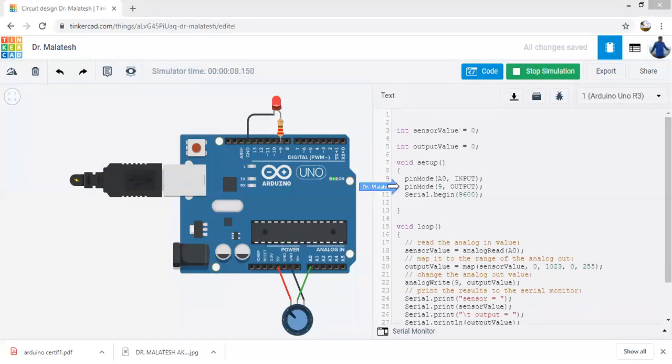As we know, in the setup block we declare how many pins are going to be used and which pins are input and which are output. There is pinMode A0, that is, A0 is going to be used as the input pin, and pinMode 9 is going to be used as the output because pin number 9 is connected to the LED.